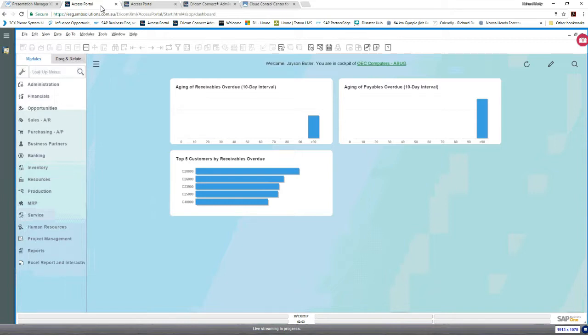But one of the decisions that you have to make is, should I be looking at upgrading to SAP Business One version for HANA? And why might you be thinking about that?